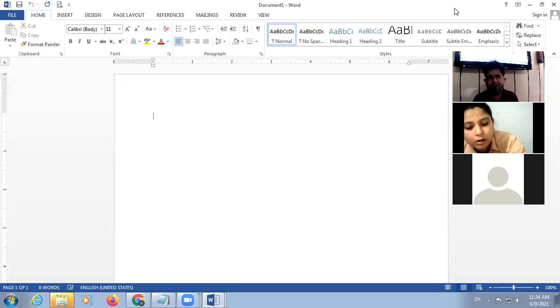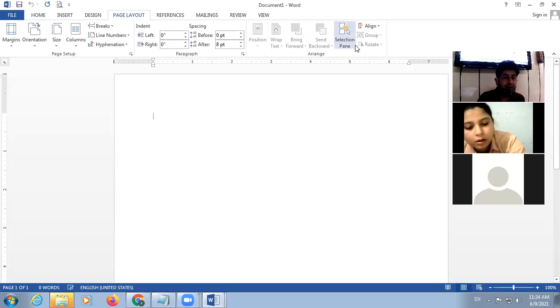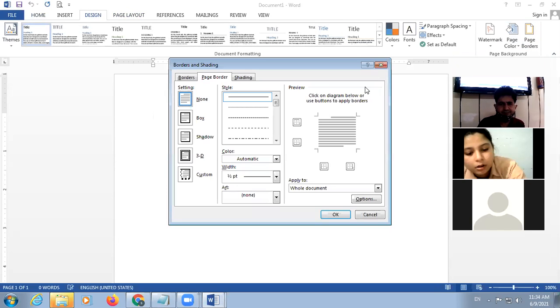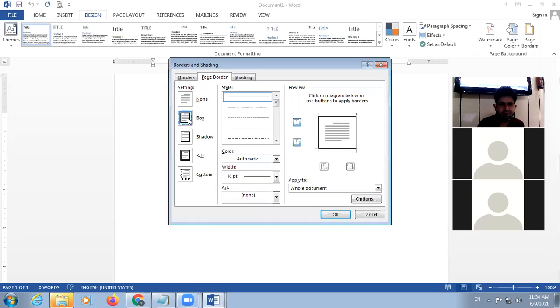First of all, apply different formatting effects, like you will have to insert here border, page border, then there are page designs, border designs, width is there.